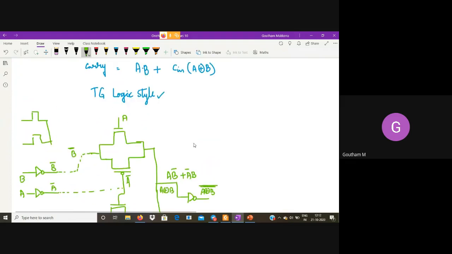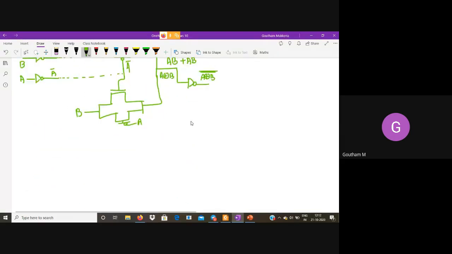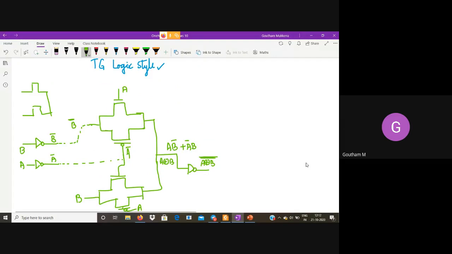Now, in my sum I am done with A XOR B. Now I am XORing it with C. So let me take another transmission gate here, PMOS and NMOS.